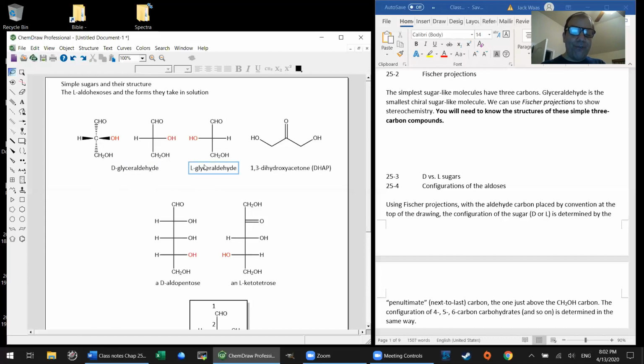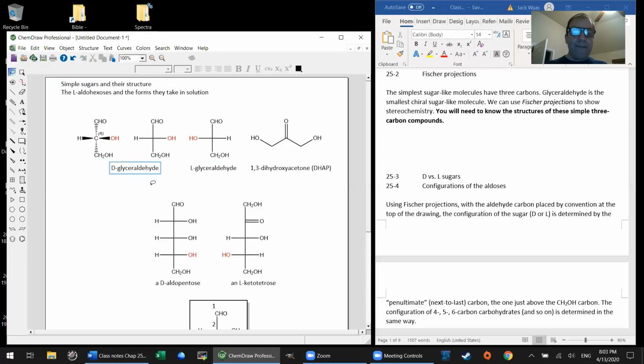But glyceraldehyde has 2 possible forms. So as it turns out, D-glyceraldehyde is the R enantiomer, and L-glyceraldehyde is the S enantiomer. I don't really care if you memorize that, but in case you're curious how the 2 relate. But the D and L system of naming compounds is commonplace in biochemistry.